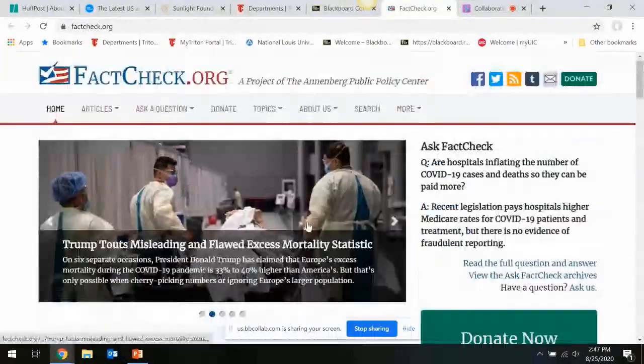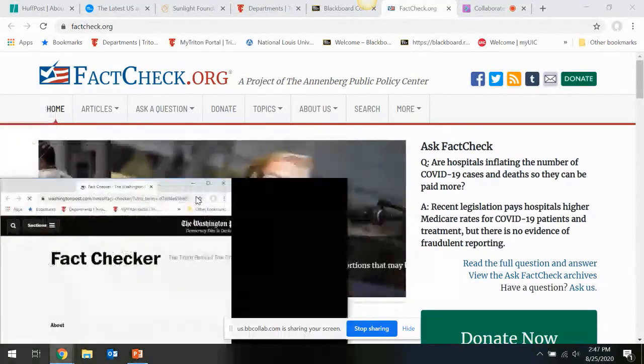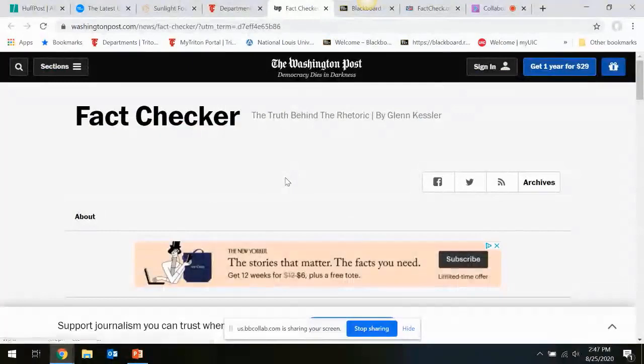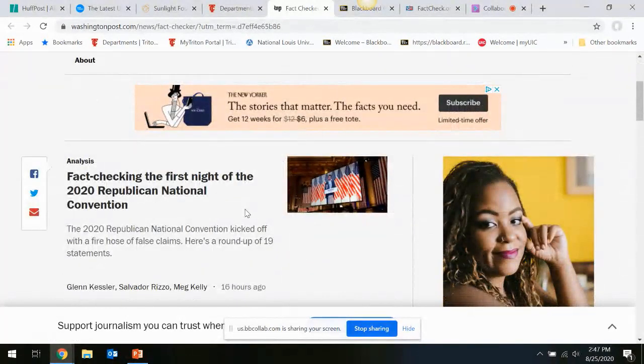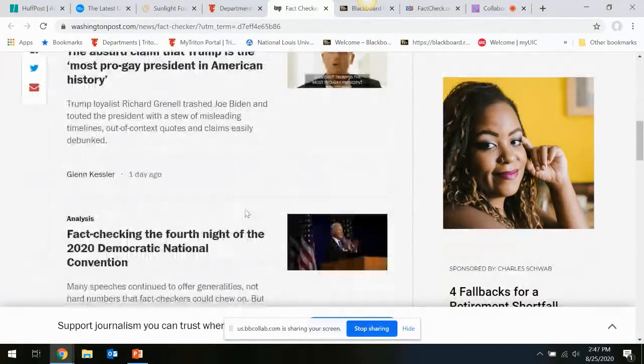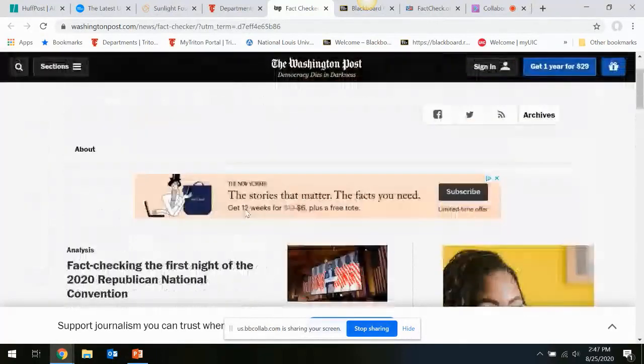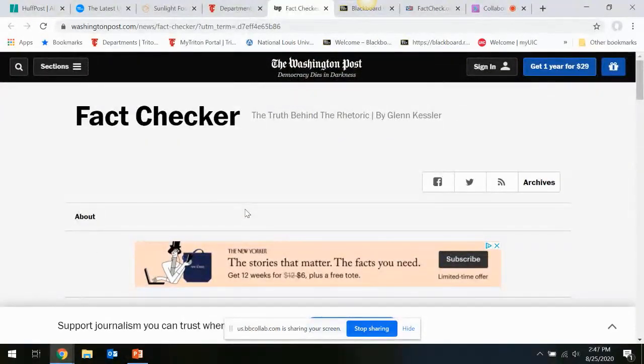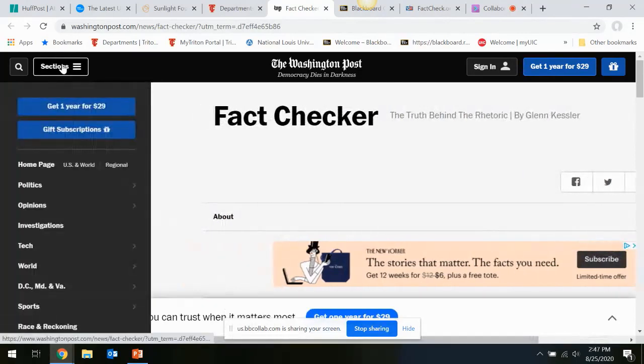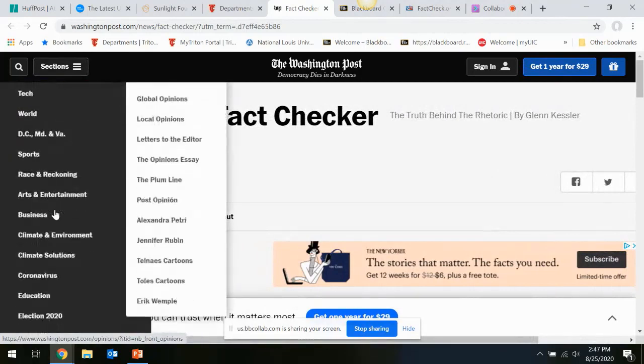Rebecca, just a quick answer. I think it depends on which one, but for the Washington Post one, I think they organize it by the most recent in the news. That's the one I've used. It's like, what's been in the news this week, and they fact check different things. I don't know about some of the other ones though. Okay, because I was just wondering, let's say I were to try to teach this, and I was giving them a direction, like if they wanted to look up COVID, would you type in COVID, or do you have to search through the articles to see what the most recent COVID article was?